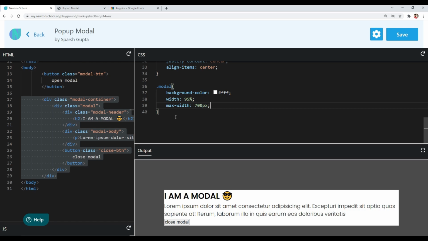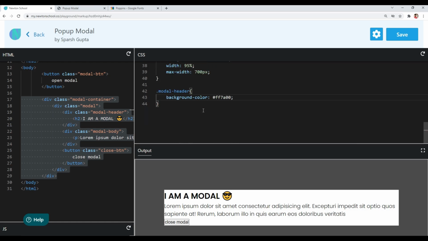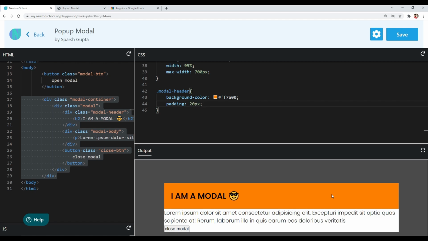Okay. Now let's style our modal header. So I will target modal header and I want the background color to be #ff7a00. I want some spacing inside our modal header, so I will give it a padding of 20 pixel from all the sides. So you can see we got some really nice spacing inside our modal header.